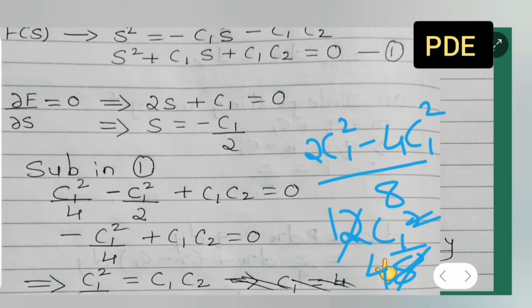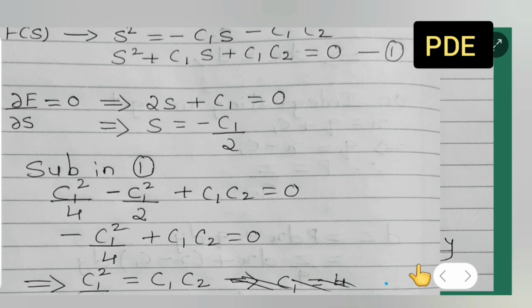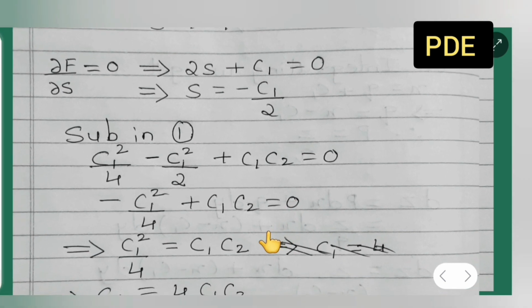c1 upon minus, the minus sign will be there, the sign of the bigger number, right? So minus c1 square upon 4. Now cancel this. So minus c1 square upon 4. I hope you all have understood how we got this, right? I have already explained this to you all. Plus c1 c2, write it as it is, equal to 0. Next, let me take it.